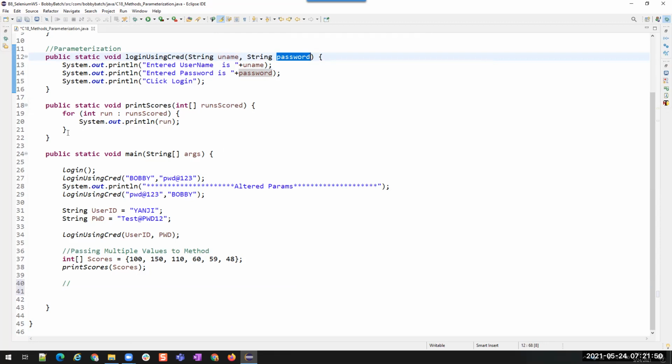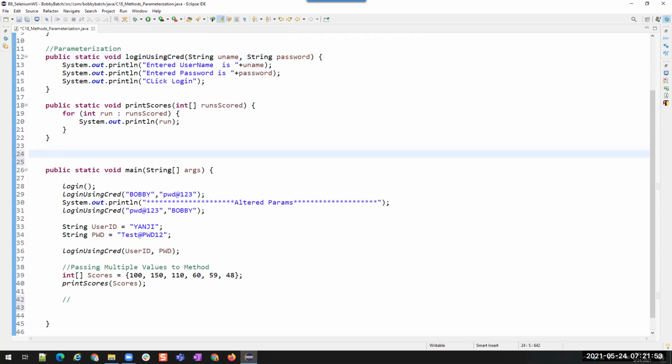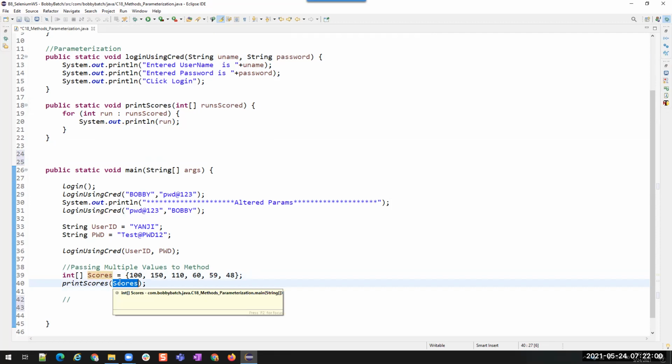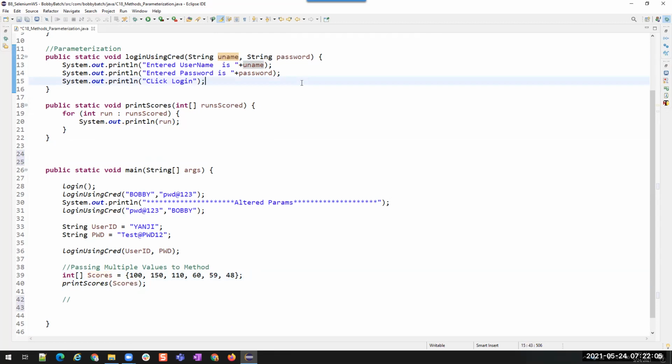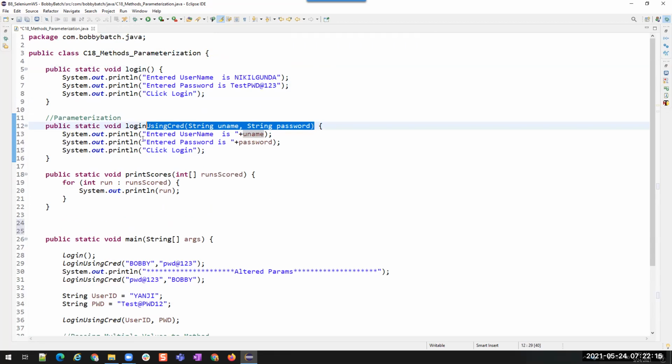Okay. Suppose we have a method that is going to have an unknown number of parameters. We don't know. So here we know that we are going to pass multiple values to this method. Okay, that is fine. But we want to pass multiple parameters themselves. I have multiple parameters that need to be used, and I don't know how many. For example, let us take the same example. Login using credentials. How many parameters are there here? Two, right?